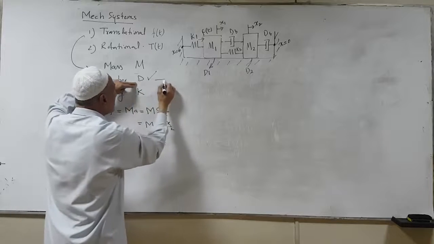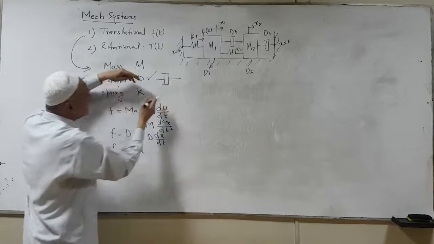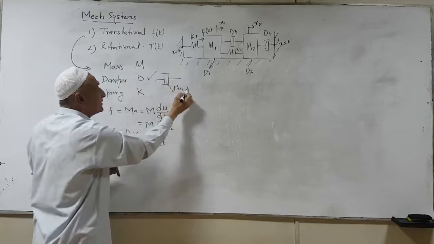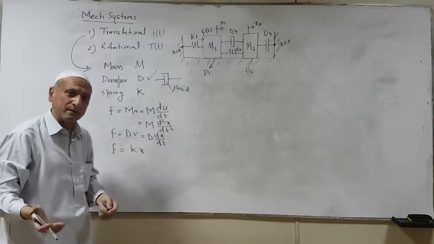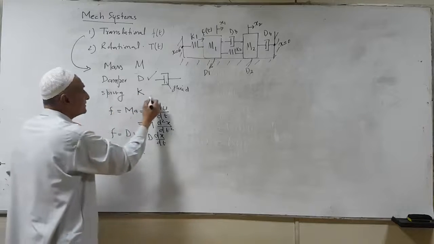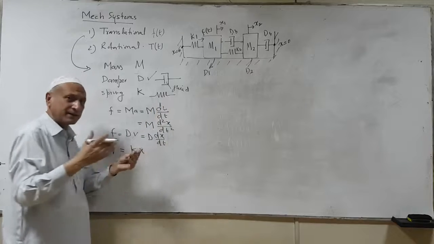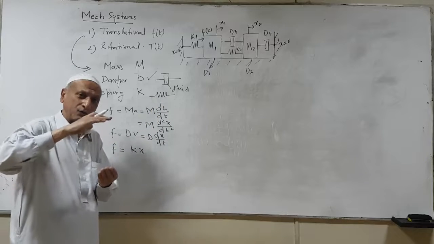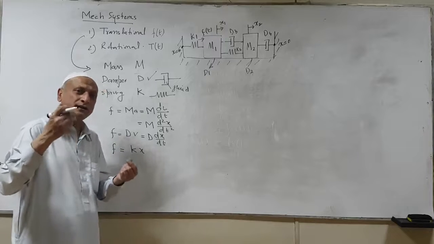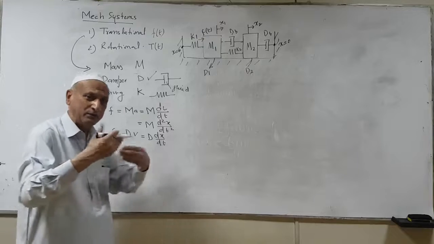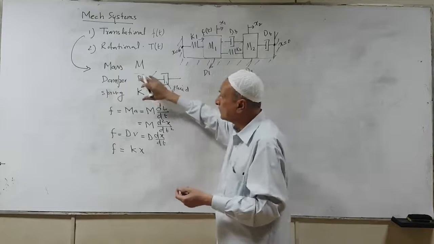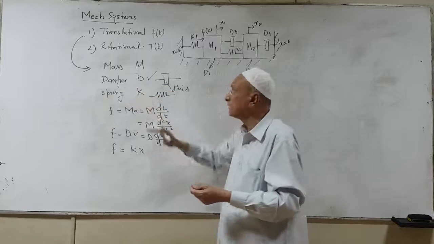However, damper D is something like a dashpot. The dashpot is a piston and a cylinder arrangement with a fluid. So this is a fluid which actually is something like storing something as well as dissipating something, just like an automobile shock absorber. Now K is a spring, of course. Spring is stretched and then it is compressed. So remember, if you keep that compression, the energy is stored. If you keep it in stretched position, the energy is again stored. If you release it, that actually damps things out. That damps energy out by fluctuation. Now similar is the case with damping. So those two have more or less similar property.